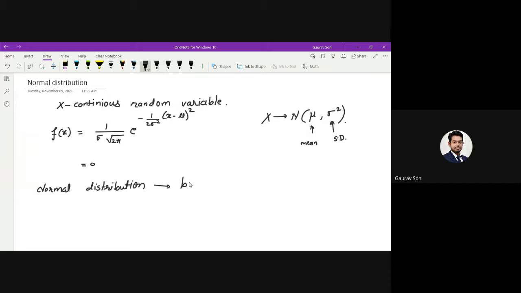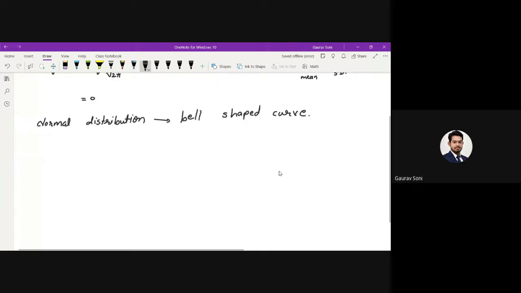We also saw that a normal distribution is a bell shaped curve, a symmetric curve. The diagram of this normal bell shaped curve is like this. It cannot be stretched on the left or stretched on the right; these kinds of things are not there when we are dealing with the normal distribution. It is a perfect curve which is symmetric about its mean.